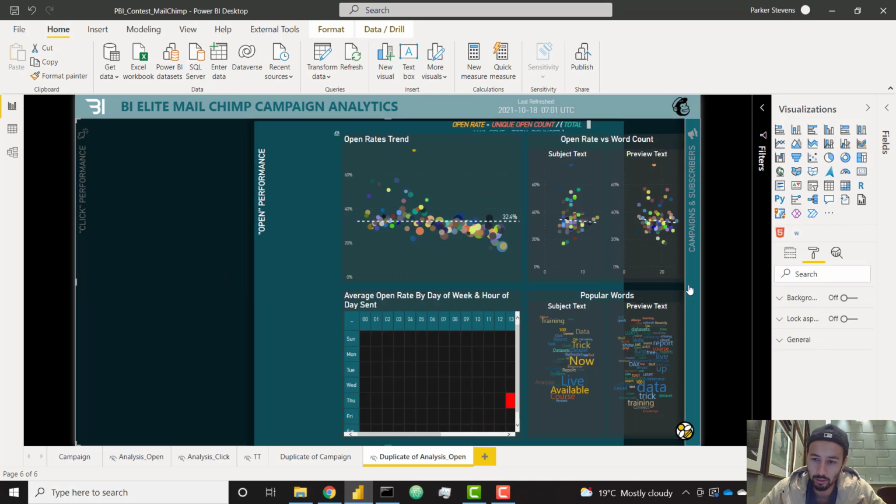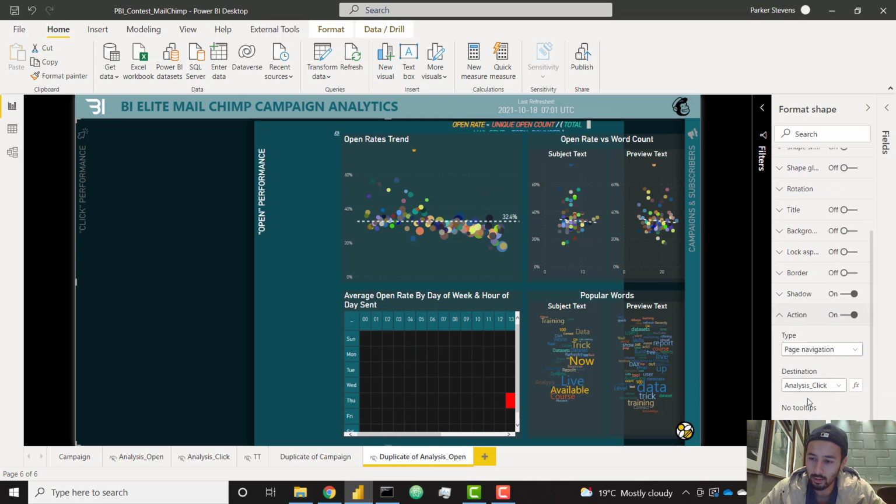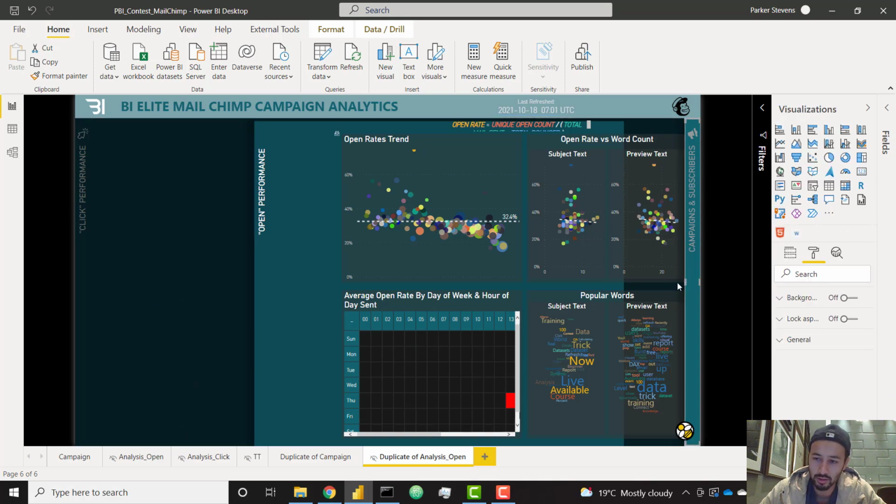Oh, there's actually some layering going on. So this button here, that's going to be a big one to take us to the analysis click tab. And then this button here, which is just a small condensed version, is actually just a little sliver. It's interesting that Hachi decided to make the button behind it the entire screen width. So it's not just a sliver, it's the entire screen width